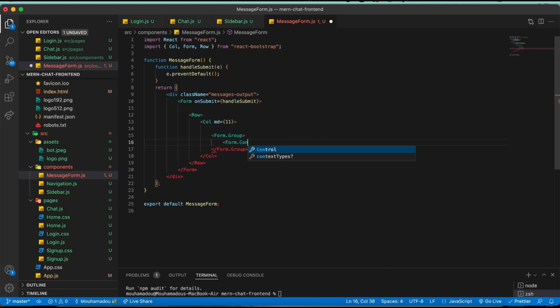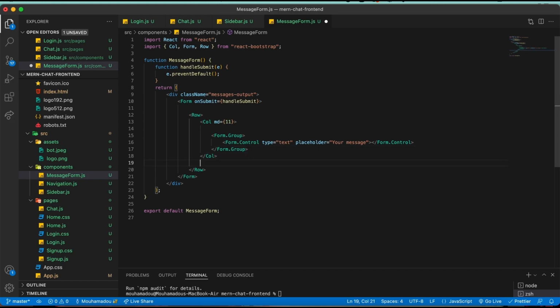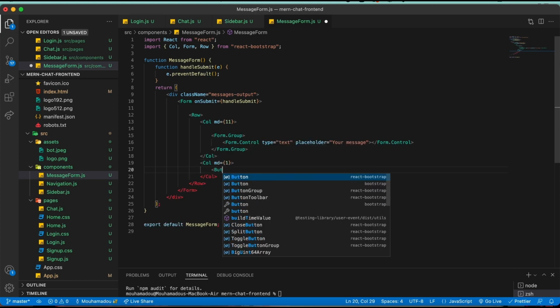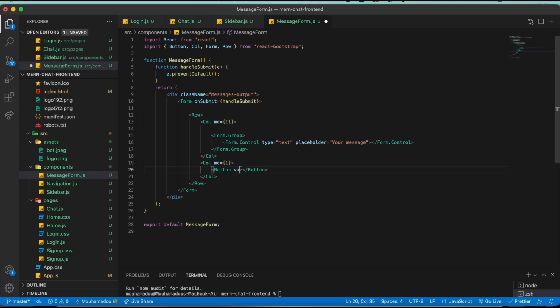So form control of type equals text, placeholder, your message, and down below the first column, we'll create another column, md equals 1, and inside we'll have a button to submit. So say variant equals primary, type equals submit,